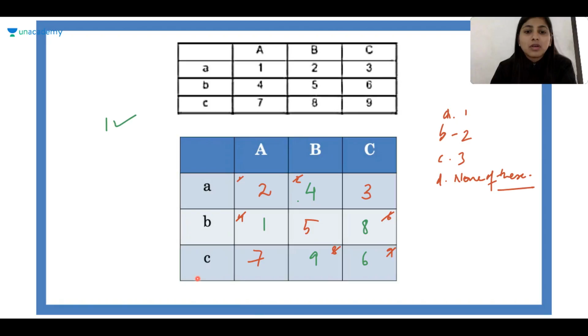Okay. And in this, if you exchange, there is no point. If you exchange 1 and 4, that will not work. If you exchange any of these, it will not work. This is the only one possible case. Now, let's place something else and check.